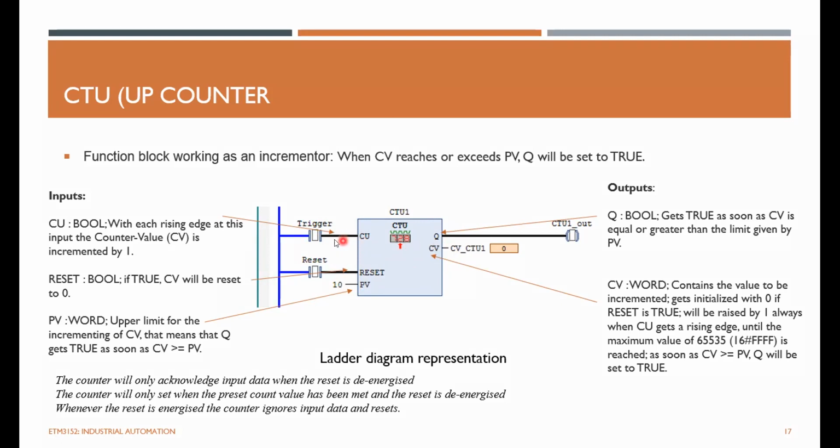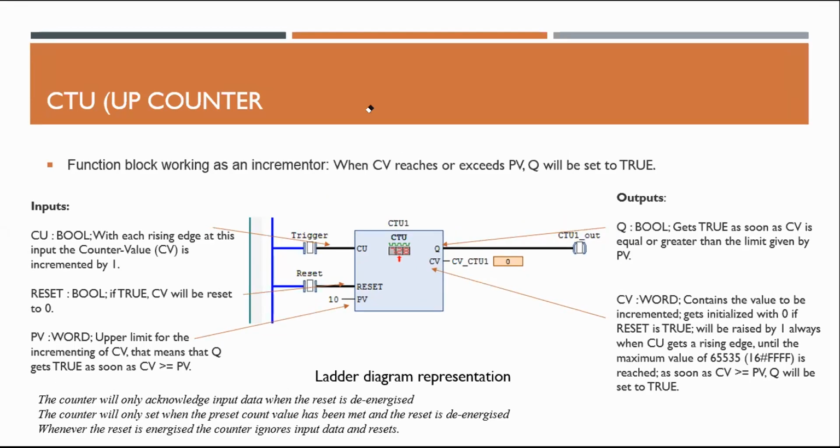The CU is the trigger, which means you have to use some pulse to start the counting. Typically, it is done with the rising edge signal. You can provide a pulsative square wave signal in the rising edge. This will trigger this rising edge and start the counting. So once for every single rising edge,